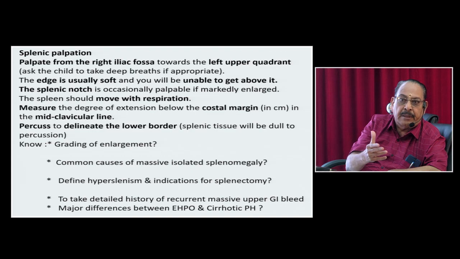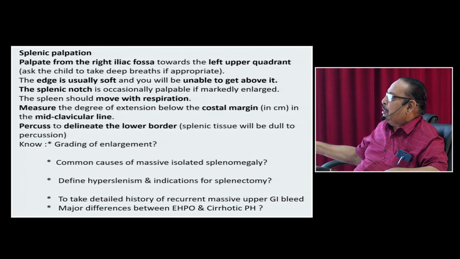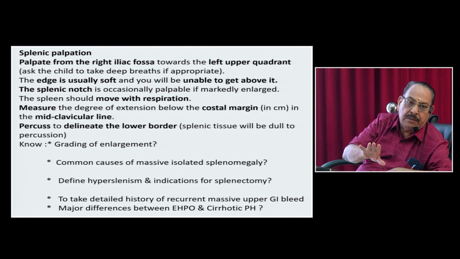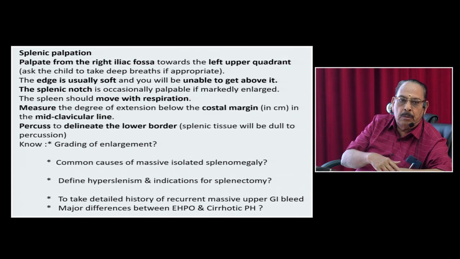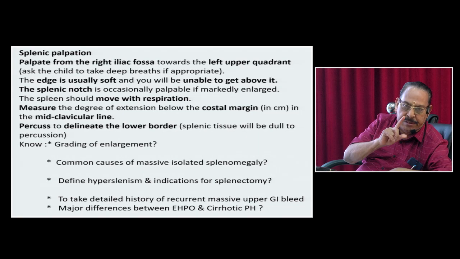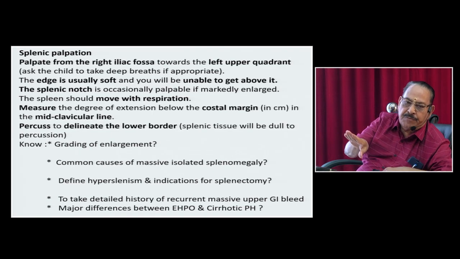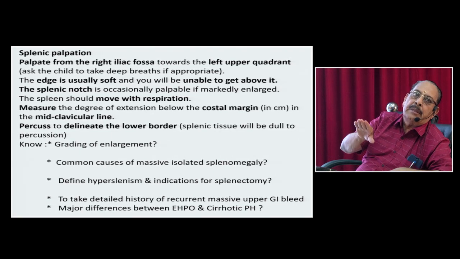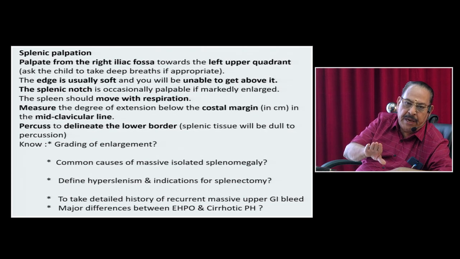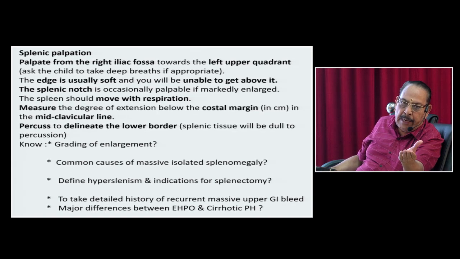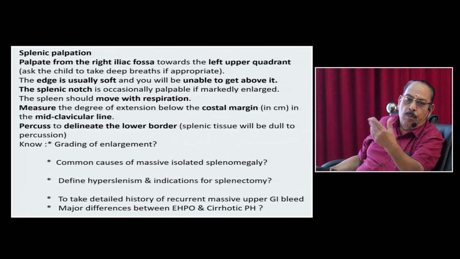These are all practical things. That's what is more important for these people. Of course, examination of the liver should go along with respiration. I have seen people poking like that and then trying to produce it. You should always be gentle and go along with the lateral border of the index finger, moving along whenever there is expiration. During inspiration, you try to palpate the liver. This is very important. Same thing holds good for hepatomegaly. Extent of hepatomegaly also: 3 centimeter, 3 plus to 7, and more than 7.